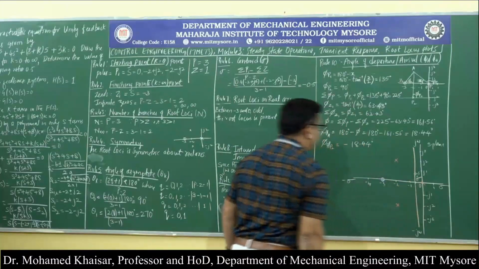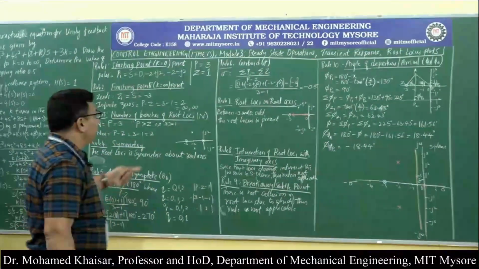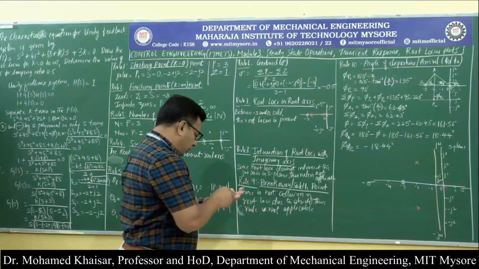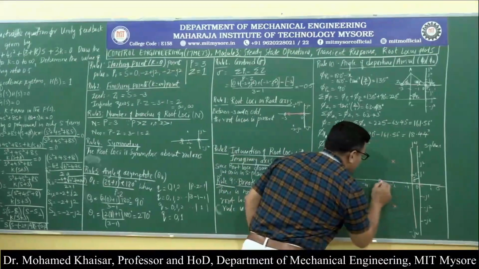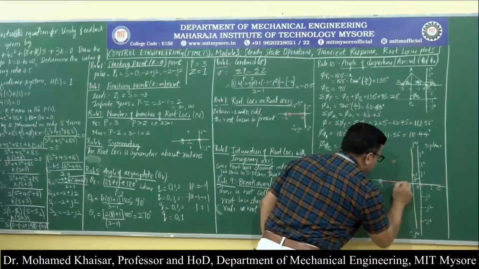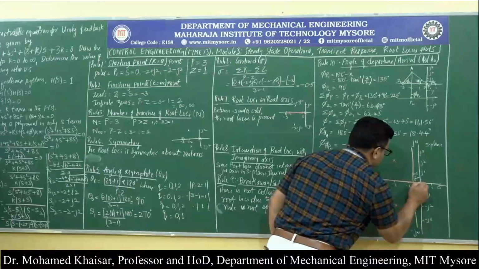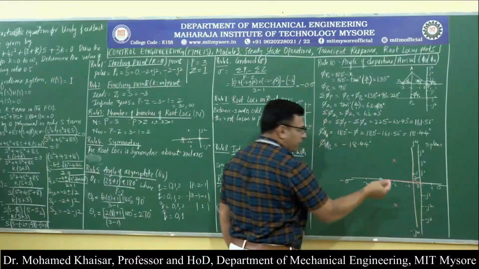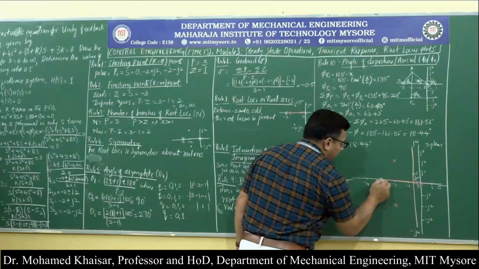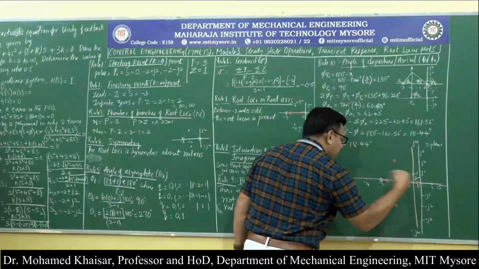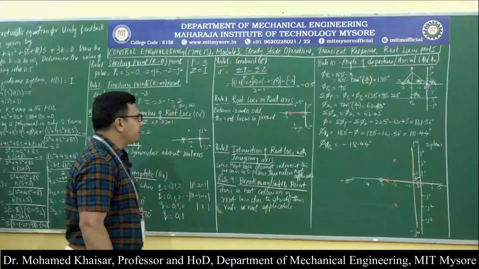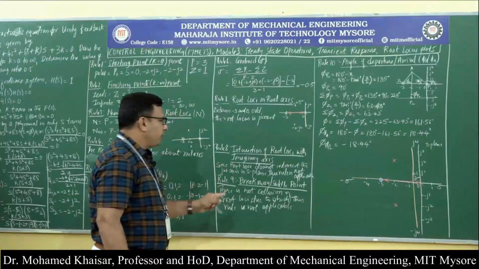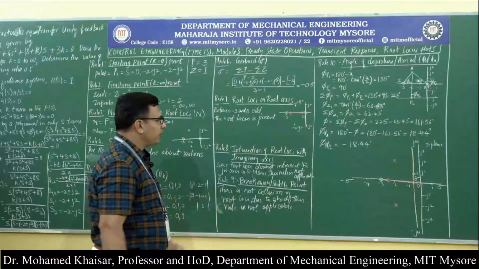So this is a centroid at minus 0.5. Then root loci on real axis between minus 3 and 0, it is odd, so root locus is present. So between minus 3 and 0, root locus is present. I will darken this. Root locus is present. And we know root locus will start from a pole, so arrow will be leaving the pole. Root locus terminates at a 0, so arrow will be terminating to the 0, that is minus 3. Then intersection of root loci does not exist. Breakaway point does not exist.